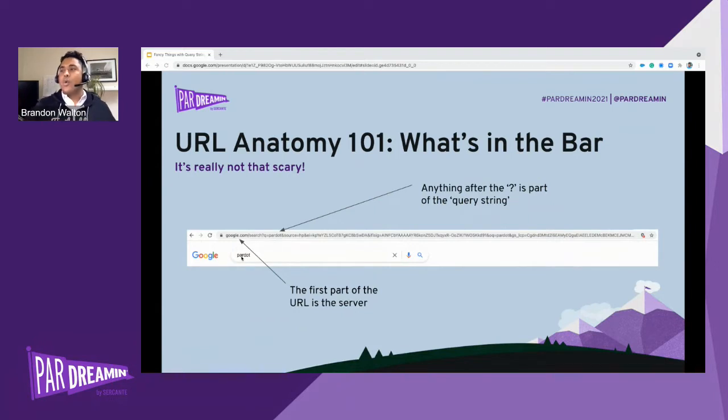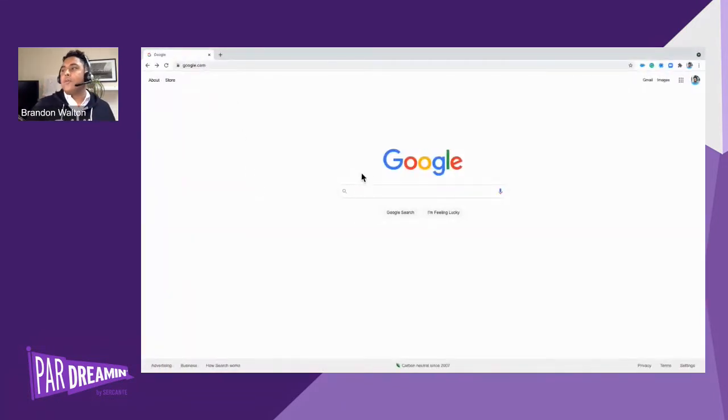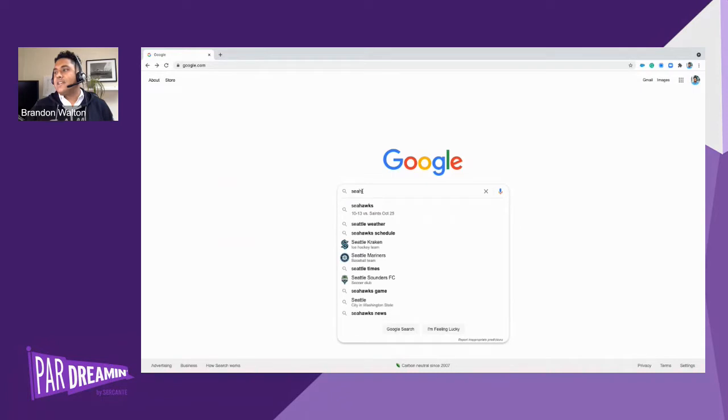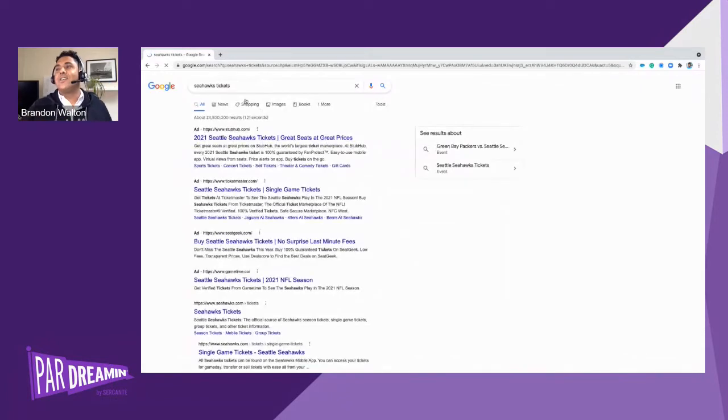So the idea is the query strings are ways that the web is passing through information when we search for stuff. Now, let's give it a shot here together. We want this to be a little bit interactive. If you have another monitor, pop into Google right now and do a search for something. We're going to go on a little bit of a journey here today. Myself, I'm based out of Seattle, so my journey today is I'm going to be looking at Seahawks tickets. So if I pop Seahawks tickets into Google, hopefully you're able to see this at the top of my screen here.